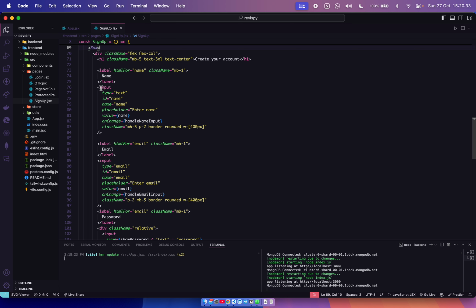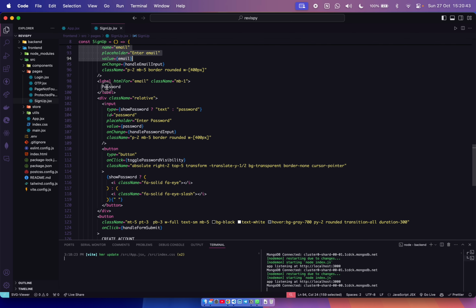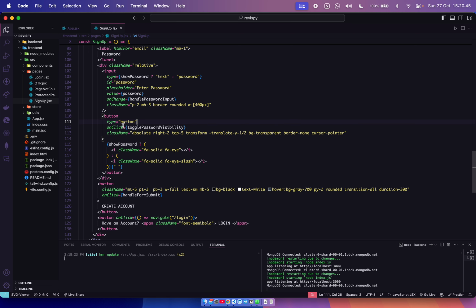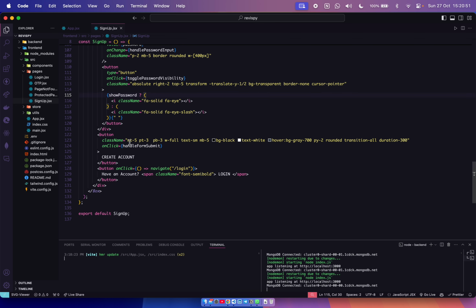In the box component, I have wrapped all the sign up components. It is having the name input, email input, and password input. And this is the button that will toggle the password visibility, show password, hide password.